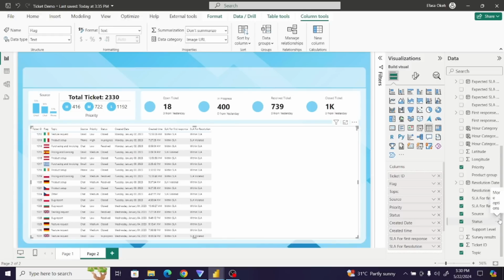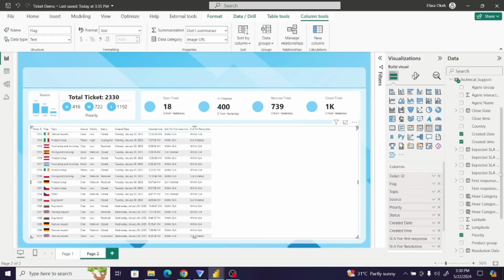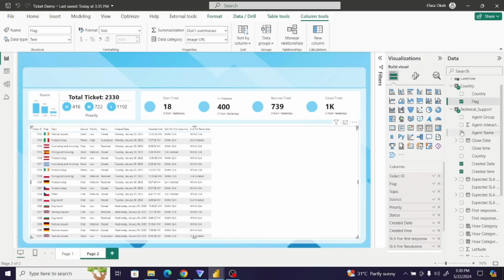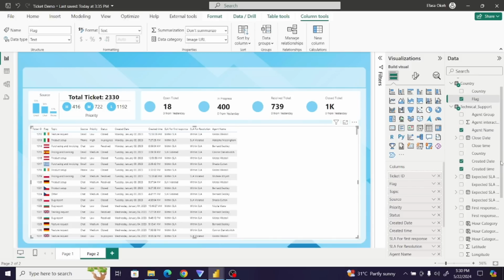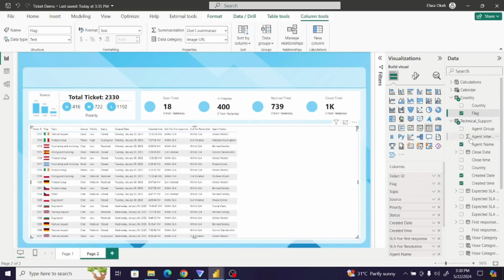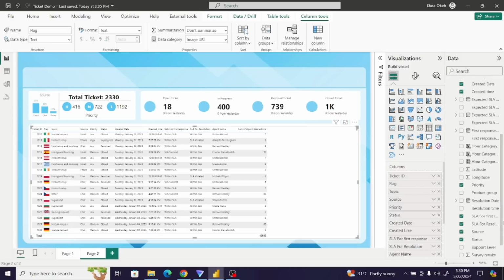So next I'll add the agent name. These things I'm adding are actually coming from the technical support table. I add agent name, then the number of agent interactions. So I add agent interaction, that's number of agent interaction. Then finally I'll add the rating. Now for the rating,